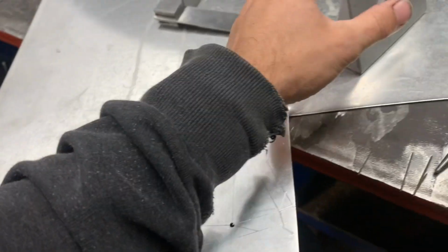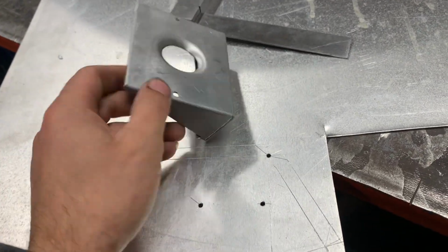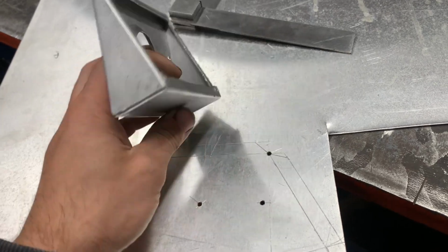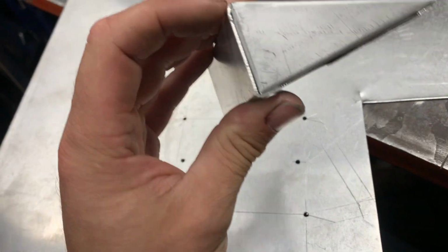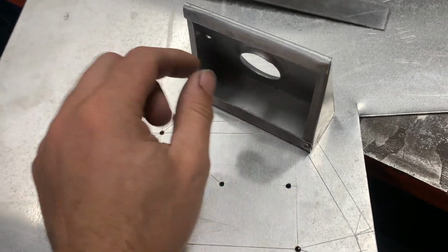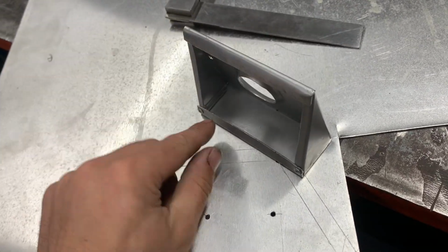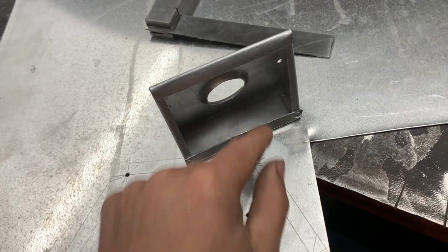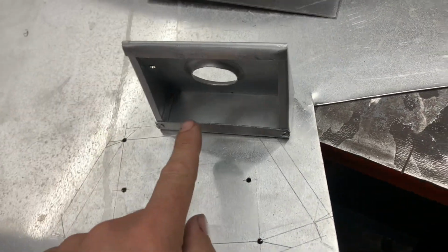So what I've done here is improved upon it. In these corners, I put holes for relief for the bends because they were really tight. And these two flanges and the little flange in there and the little flange in there are upped to 10mm. And what I'm going to do is this,